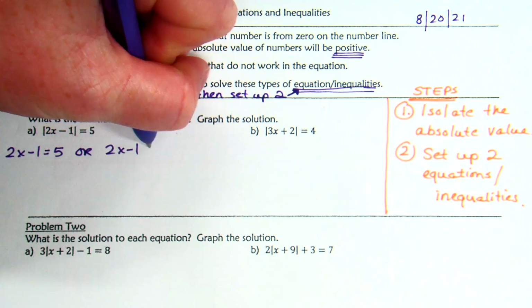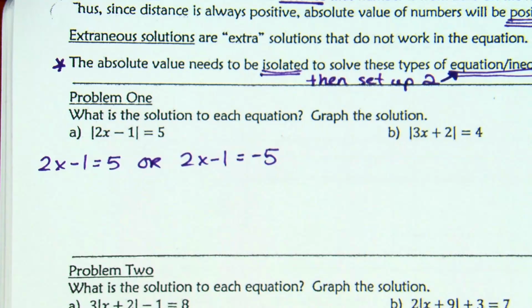2x minus 1 equals 5. How do I solve 2x minus 1 equals 5? Add 1 to both sides. Okay. Add 1. So then I have 2x equals 6. And if it's 2x equals 6, we're going to divide by 2. Divide by 2. And then you get 3. X equals 3. So x equals 3 is an answer. Or